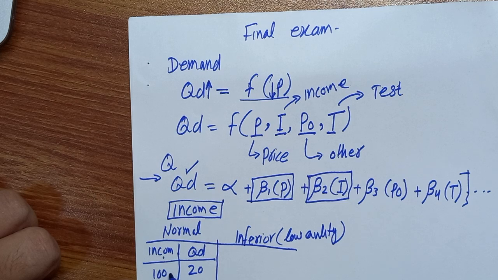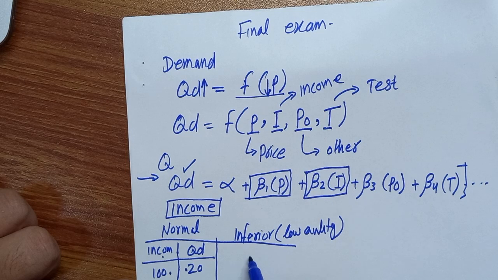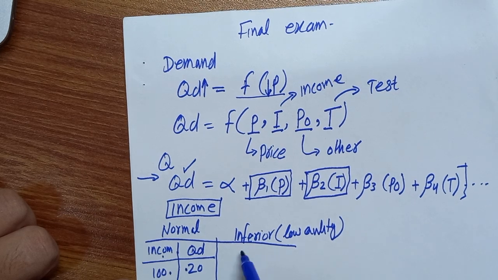When people have less money, you sell less quantity of your product. When the income is increased, quantity of demand is also increased, you will sell more of your product. But here, for an inferior good, if you are selling a product which has low quality, when the income increases for the consumers,